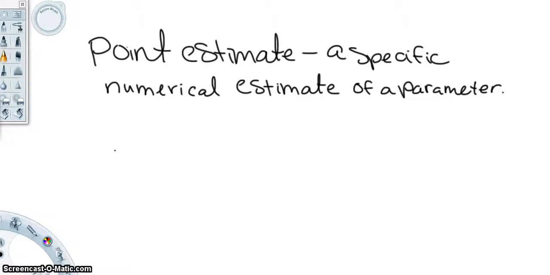The point estimate is going to be a numerical estimate of a parameter. For a point estimate of mu, the best point estimate we could have is x bar. So the best estimate of a population mean is going to be the sample mean. If we think about finding out the average age of a student at Colebrook Academy, we're thinking about the fact that we have students from the age of 13 for some cases, all the way up until 19 or 20 in other cases. So if we're looking at that age range there, and I say, if I selected one person, what would be the estimate of that person?